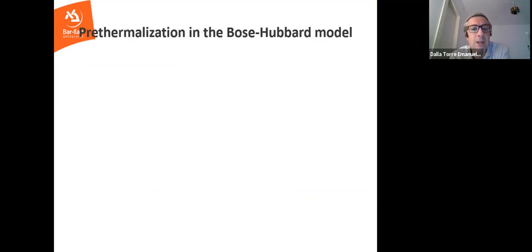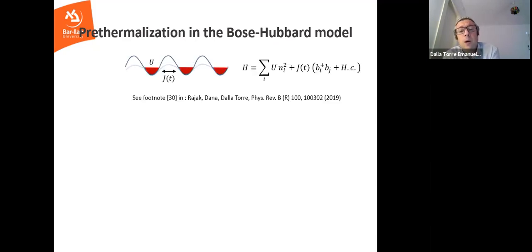Okay, good. So now, where can you observe it? Let's ask about experiments. One possibility is to look at, say, the Bose-Hubbard model. So systems of ultracold atoms, in which this is just a standard description of a lattice in which you have atoms, and the atoms can hop from one lattice site to the other. And you can, for instance, periodically modulate the hopping term. That could be one way to proceed.